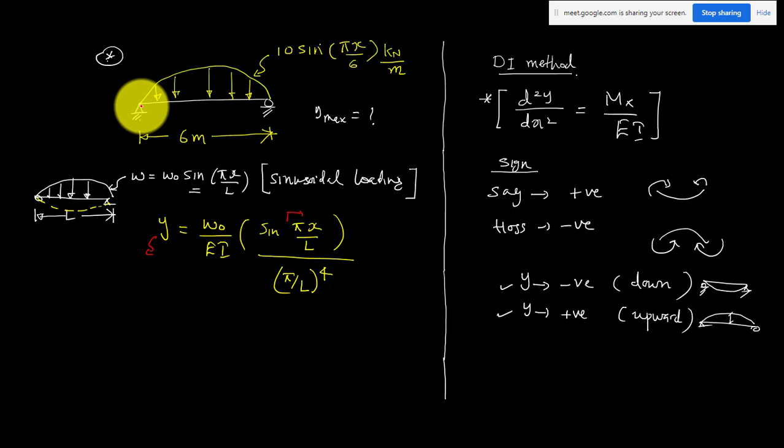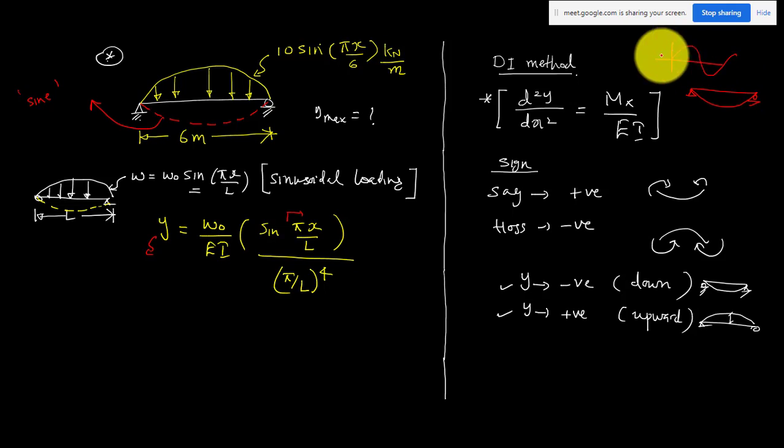That means the deflected shape of your beam is also going to be a sine function. Yesterday we saw in the case of pure bending, the shape was part of a circle. But in this special loading case, your load function is a sine function, so the deflected shape of the beam will also be like a sine curve, because if you plot the sine graphically, it will be something like this.